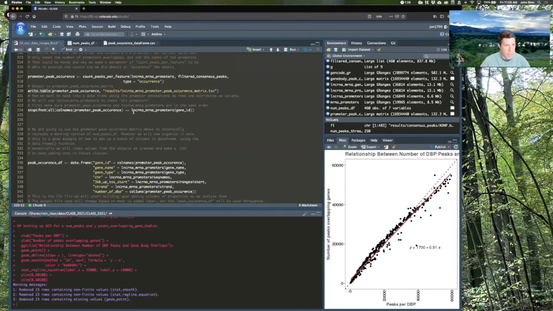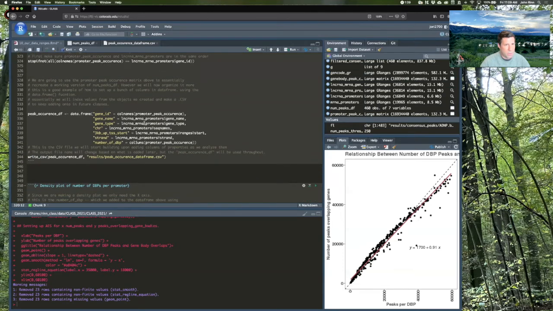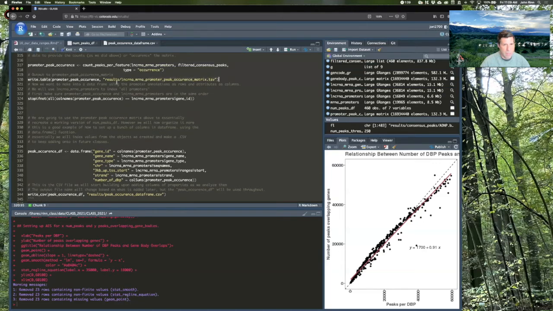Again, this is just going to check to make sure that the right number of lines are there and that one column doesn't have more lines. And then this is what we're more used to seeing. So this is going to be something we can compute on because it's a matrix. We'll get into why that's important, but this will be a different way of computing the same kind of information, of how many DNA binding proteins are on a given promoter,